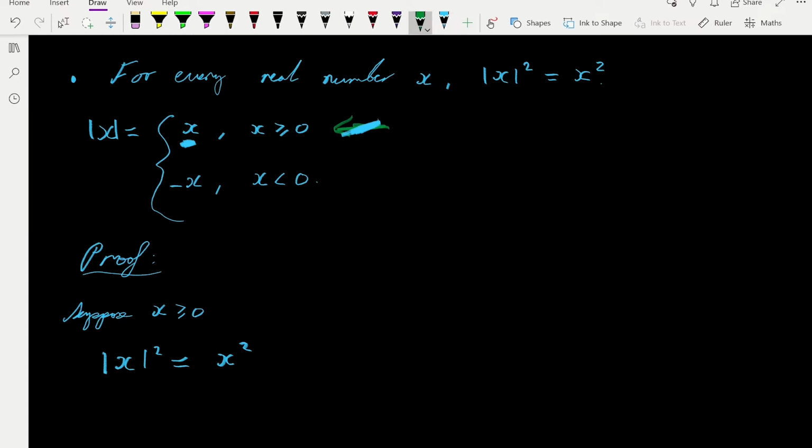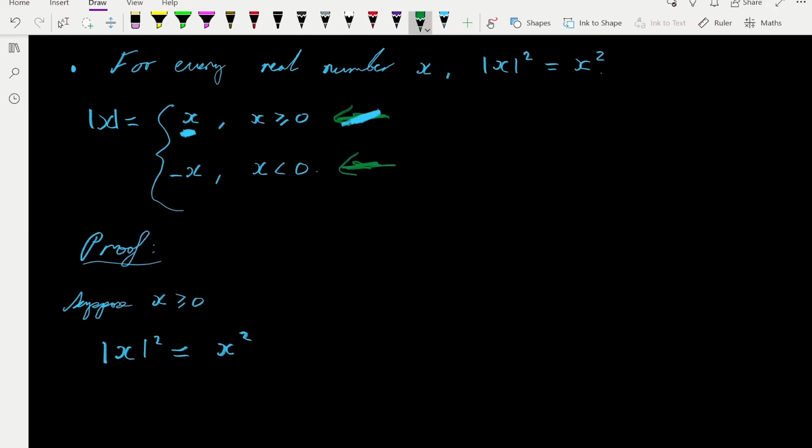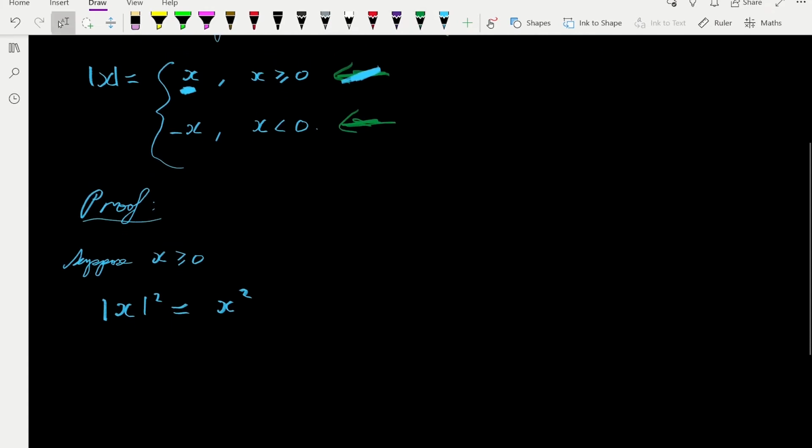Okay, so now we have to worry about this case. Well, suppose that x is strictly less than 0. Well, then what would happen? We'd have the absolute value of x squared,